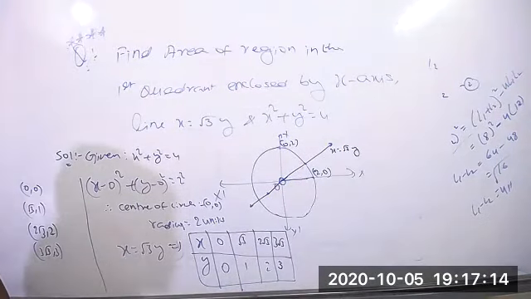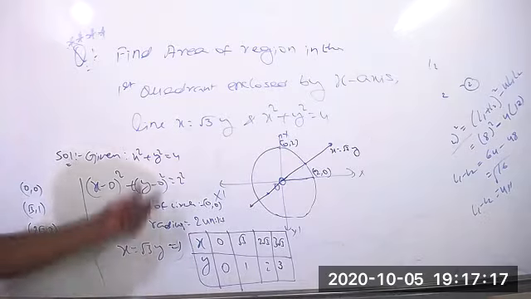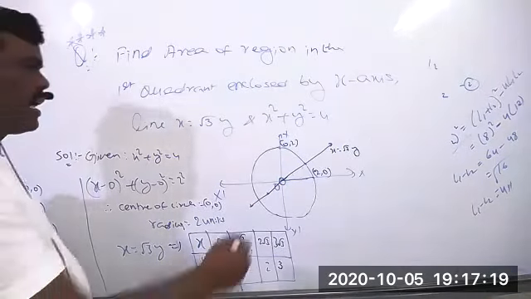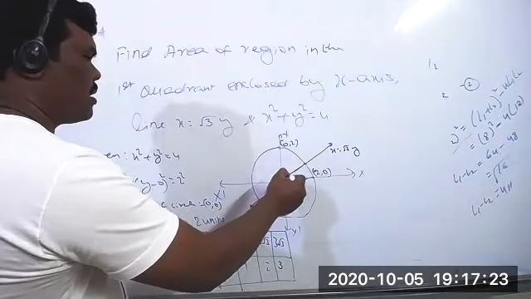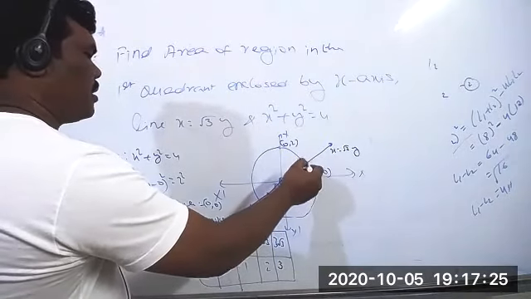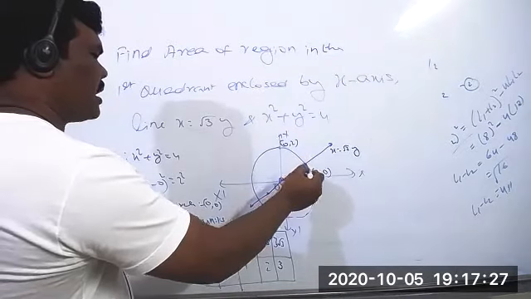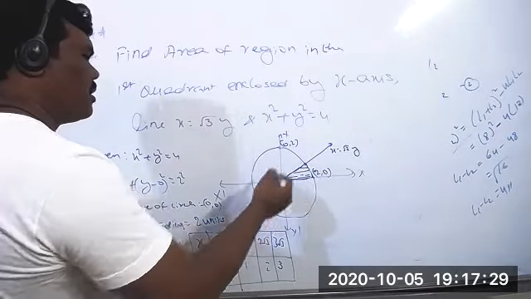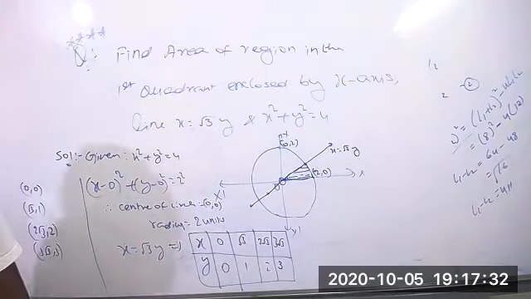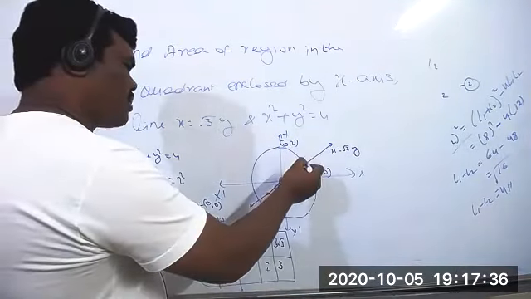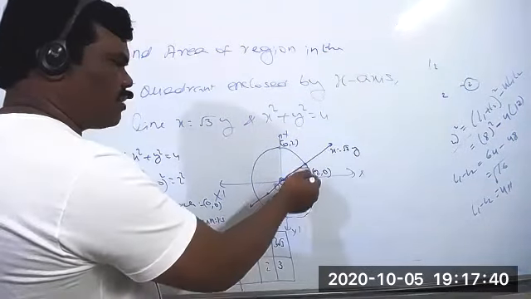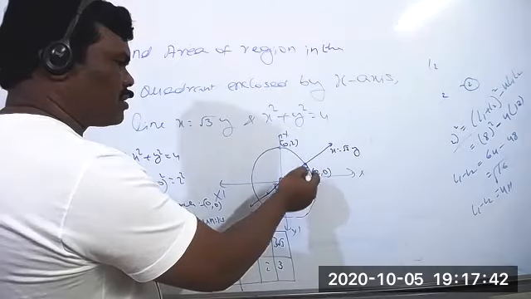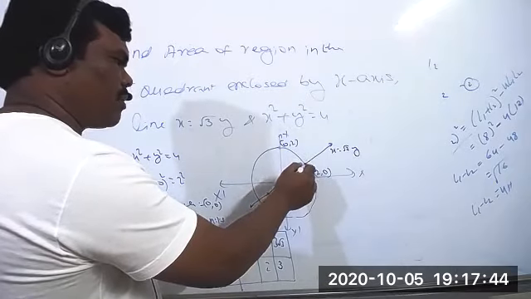Okay. Now what do we have to find? The area enclosed by the x-axis, the line and a circle. So we have to find this area. To find that area, first we require this point also. We got 1.732 approximately, and 2 means we will get the point here like this.